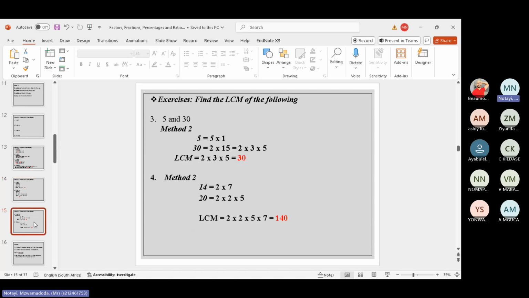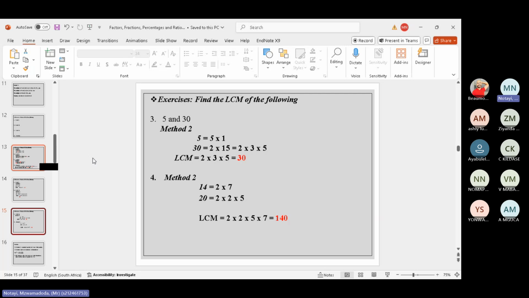Let's look at number 3. We have 5 and 30. The prime factors of 5 are equal to 5 and 1. So it's going to be 5 multiplied by 1. Those of 30 are equal to 2 times 15. 15 can be written in its prime factors as 3 multiplied by 5 as well. So therefore the LCM is equal to 2 times 3 multiplied by 5, or 5 times 2 times 3, which is the same. So you get 30, which is the same as what we got when we used